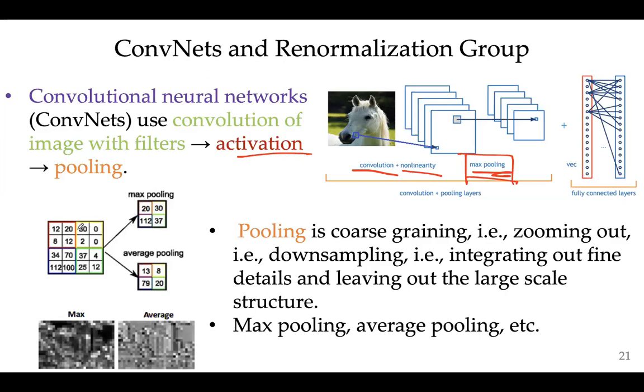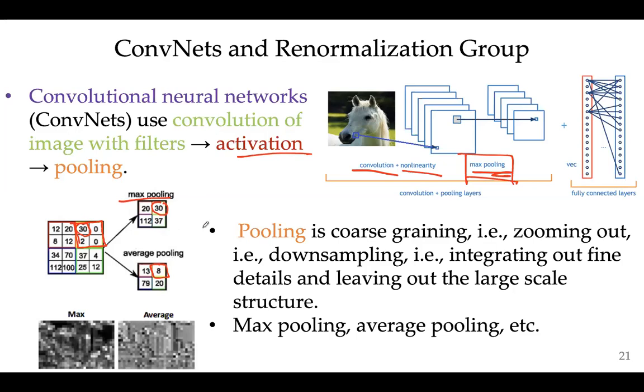Let's say what pooling does is, let's take this part. So it's kind of an averaging. Let's take these 4. If you're doing max pooling, it's taking the maximum value, which is 30, which is here. If you do average pooling, 30 plus 2 is 32, divided by 4, it's 8. So you can do average pooling, max pooling, whichever you want. There are other methods as well.